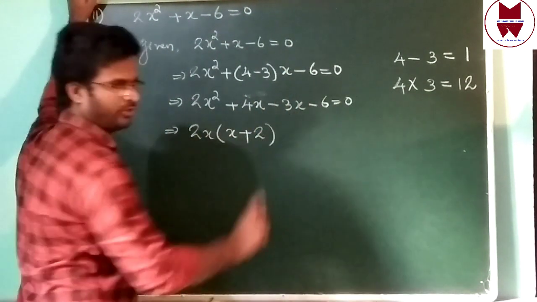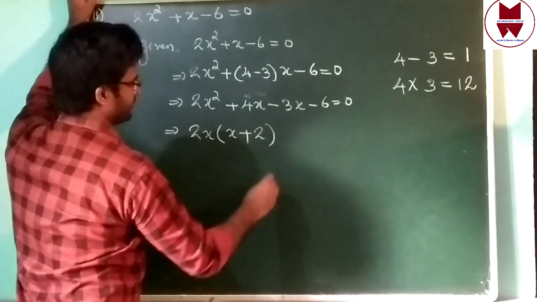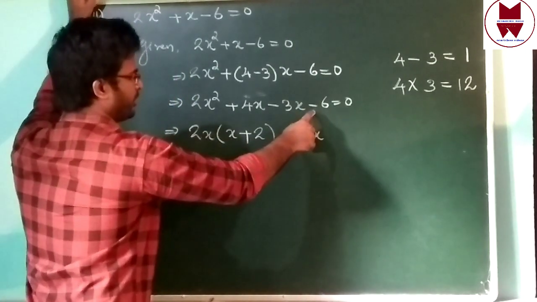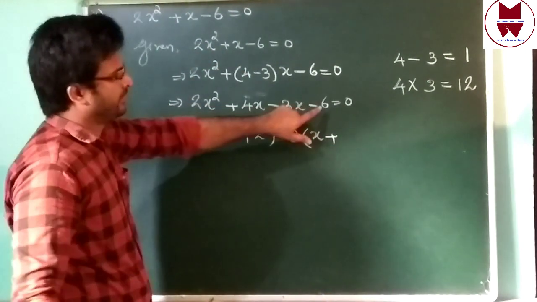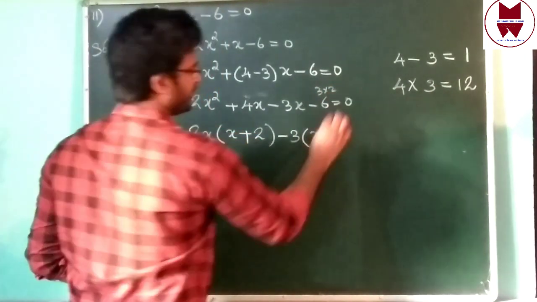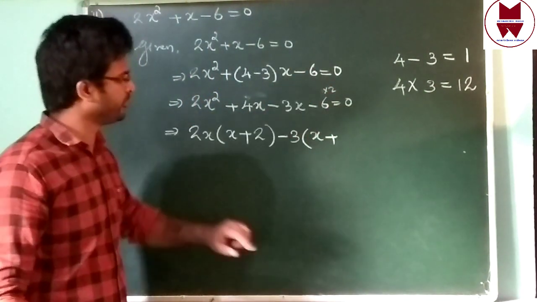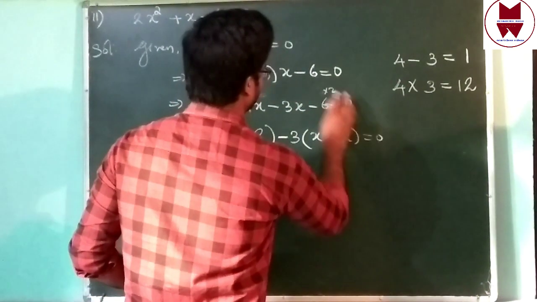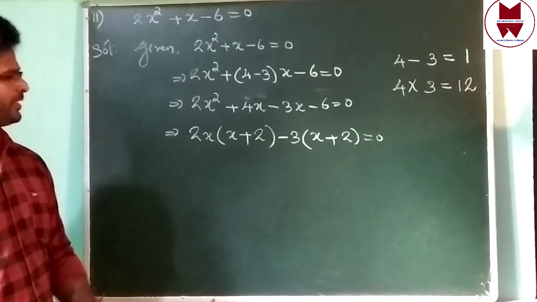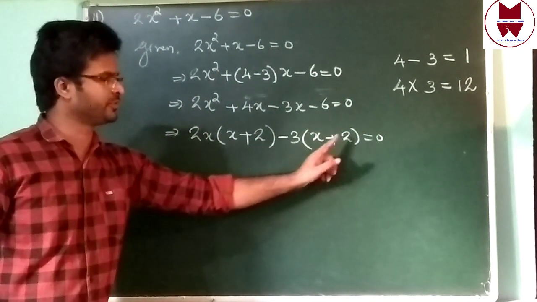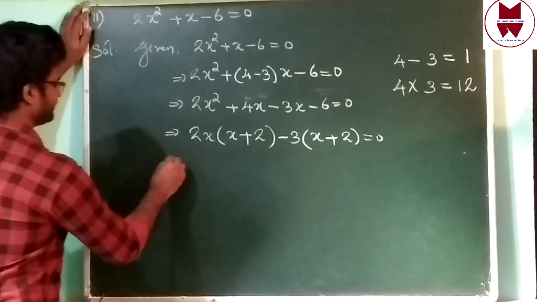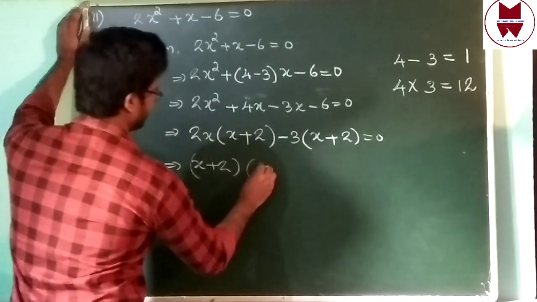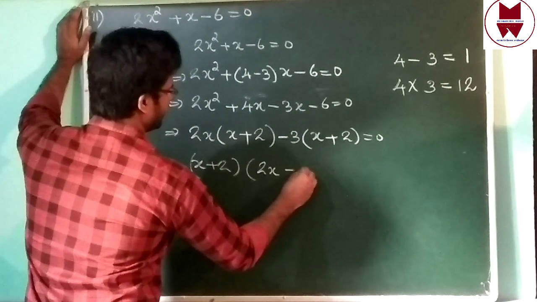We can see minus minus common, isn't it? Then 3, 3. Take minus 3 outside. Then remaining in here only x. This minus already I took outside. Then plus 6 we can write. 3 into 2, 6. This 3 I already took outside. Then remaining only 2 equal to 0. All total, what is common? x plus 2, in here also x plus 2. That x plus 2 take outside. Then remaining 2x minus in here remain 3.